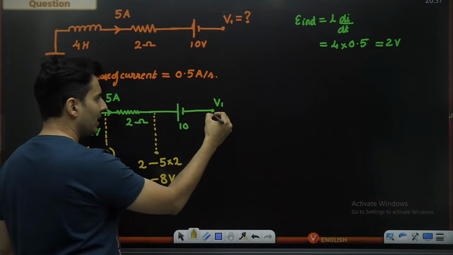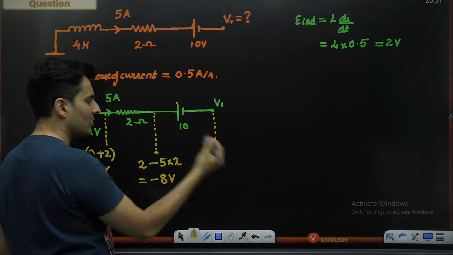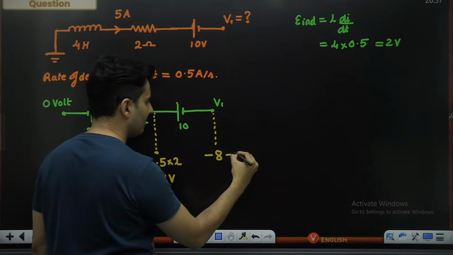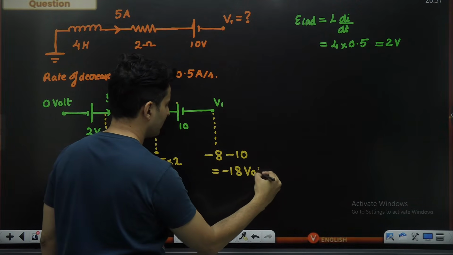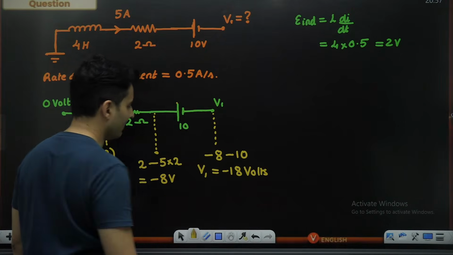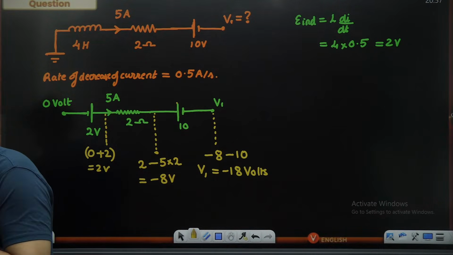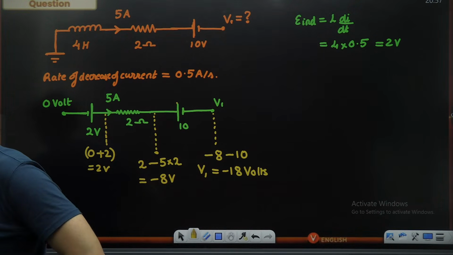Again over here, what is happening? I'm going from high to low, plus to minus, so negative. Whatever voltage I got before, I have to further subtract 10 volts. So this will be minus 18 volts. That is the answer for V1, minus 18 volts. How many of you got it? Yes. Next we'll put in a capacitor and add one more thing. That's it.